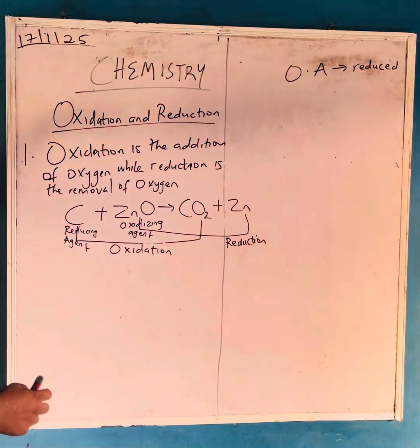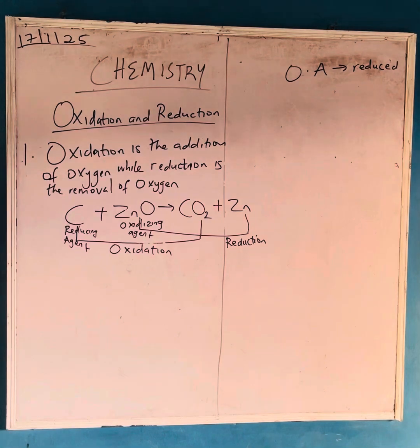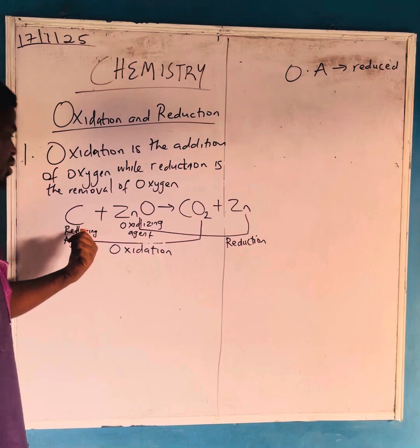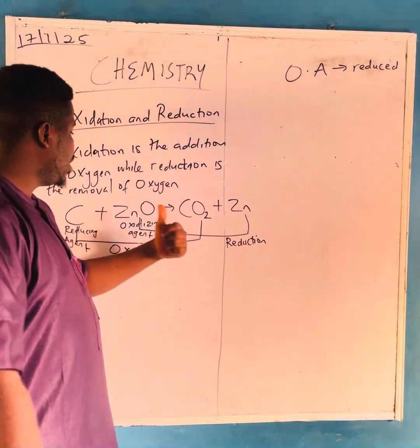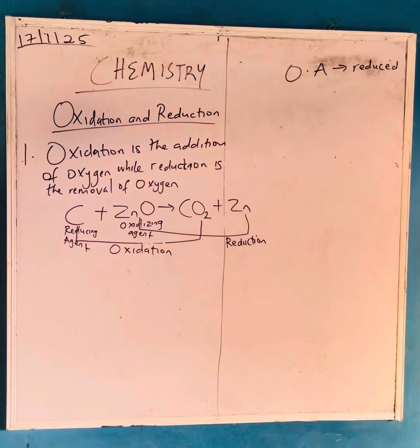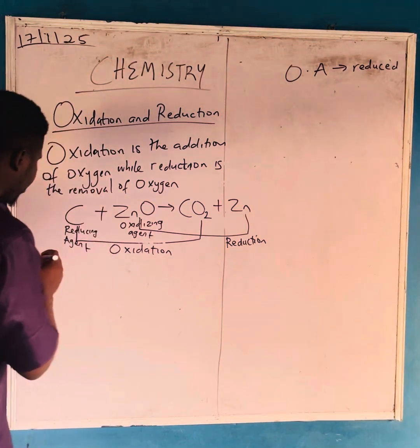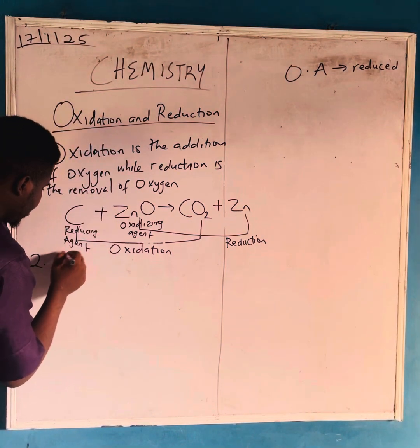So any compound or element that is undergoing oxidation is the reducing agent, while the one that is undergoing reduction is the oxidizing agent. So the second definition of oxidation and reduction is that oxidation